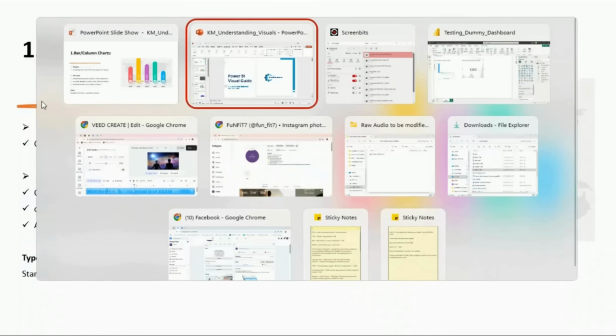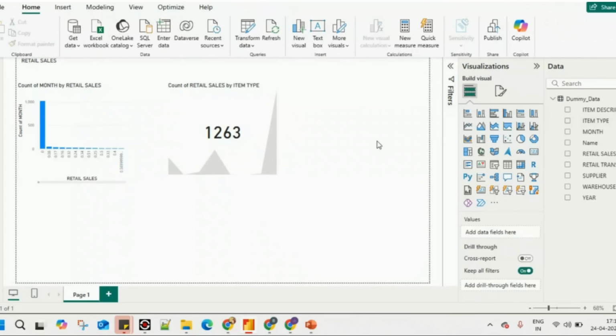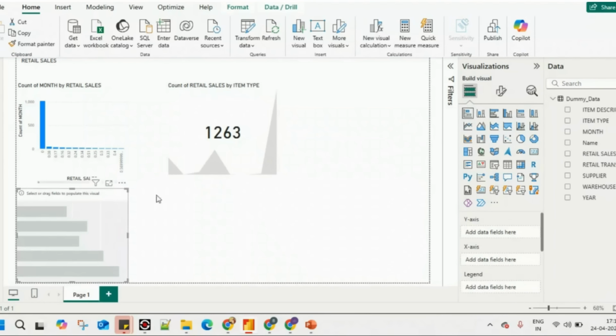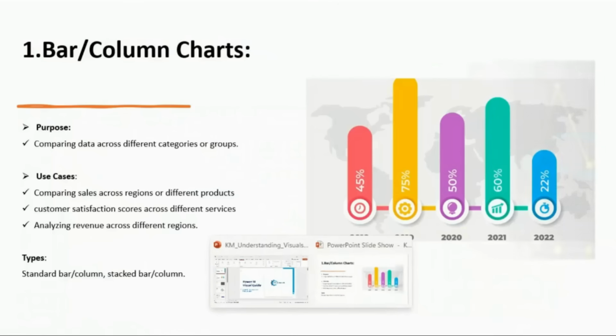If you look in Power BI, we have this visualization available. In the very first line it is showing the stacked bar chart, then we have a column chart, clustered bar chart, clustered column chart, and 100% stacked bar or column chart. If you click on this blank space area, you'll be able to see this chart has been created. Once you upload your data and start analyzing it, you can see the visualizations. And here, I have added one column chart where I was comparing the sales data over the item types.